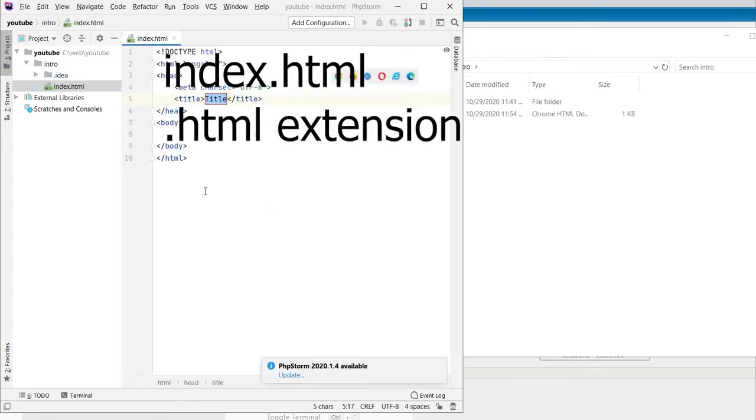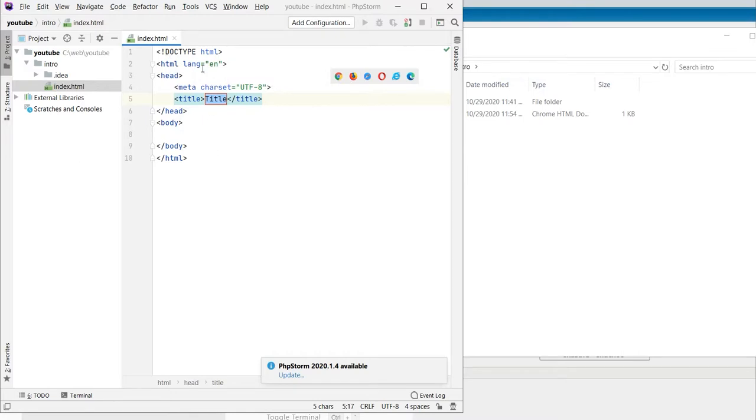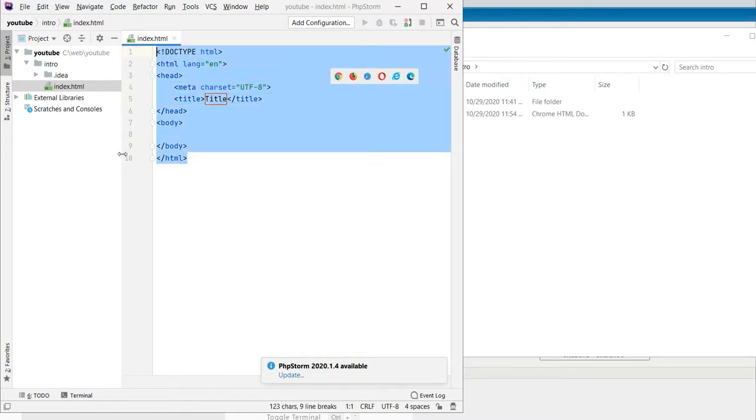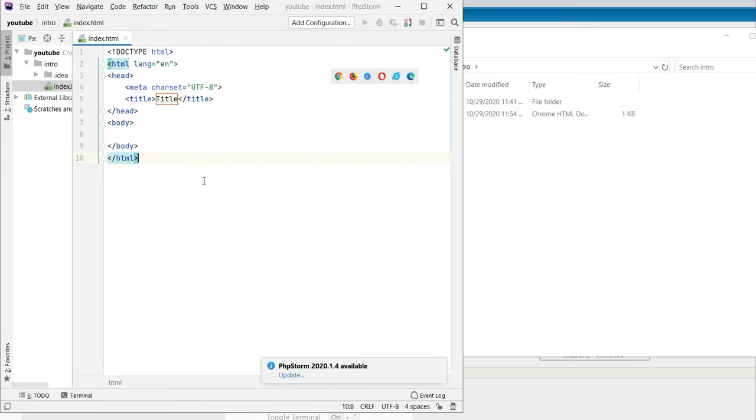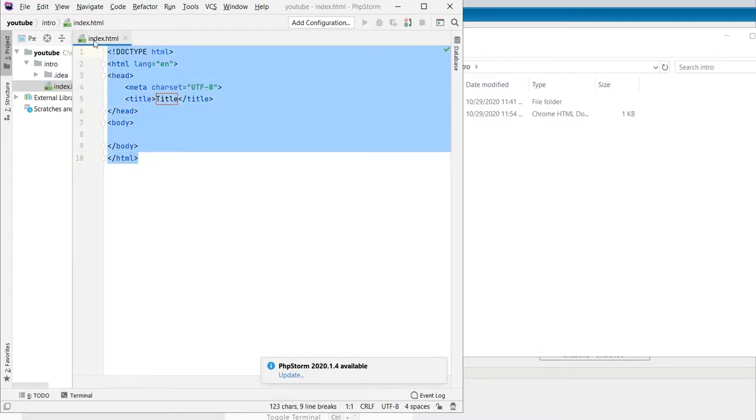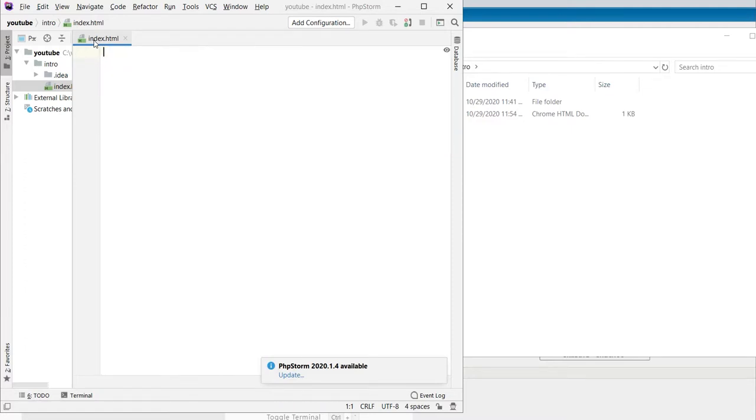So let's do it. My editor has already added some HTML, but I will delete it and will explain step by step what we need to create an HTML page. First of all, we need to know that it consists of tags. Tags are wrapped in these symbols. To declare this page as an HTML5 document, we need to type